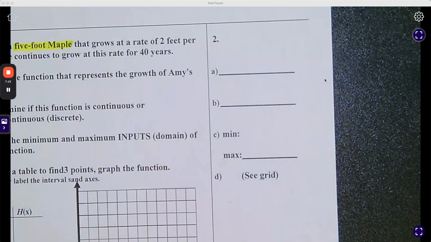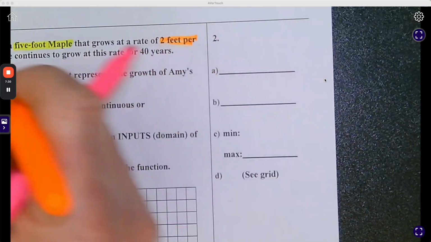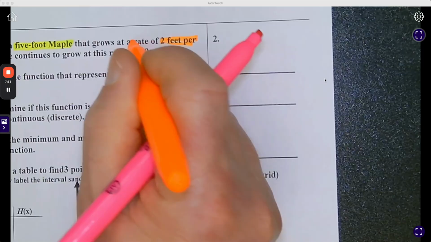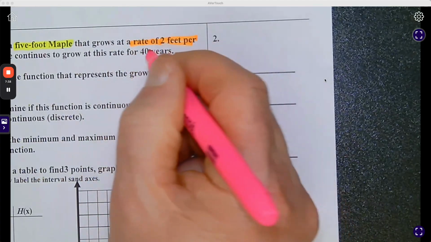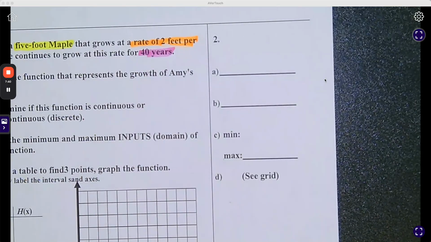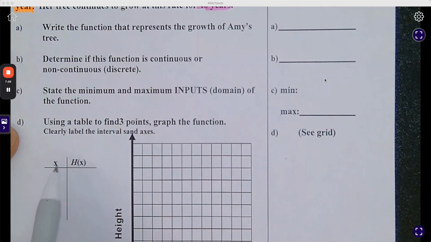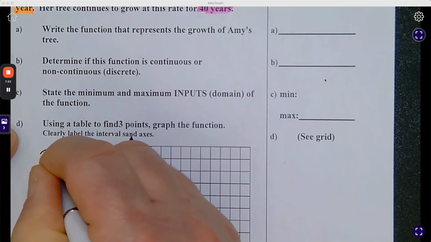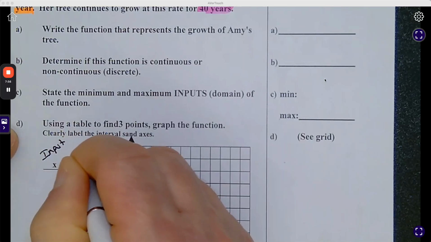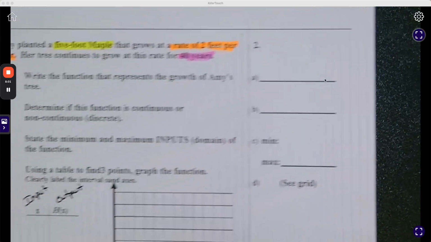Notice the tree grows at a rate, it's a very important word, of 2 feet per year. That's your rate of change. 2 feet per year. And also notice they gave us a maximum input of 40 years. Okay, write the function that represents the growth of Amy's tree. Again, I'm going to look at my table, and I notice the output variable is h of x, input variable is x. In a table, this is always your input, the first column, and your second column is always the output. So, we got h of x equals